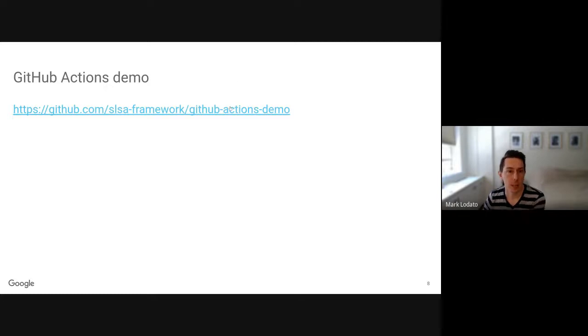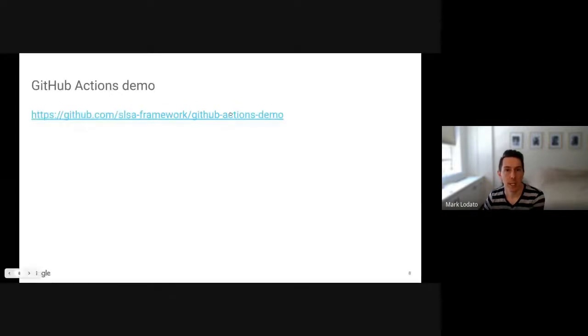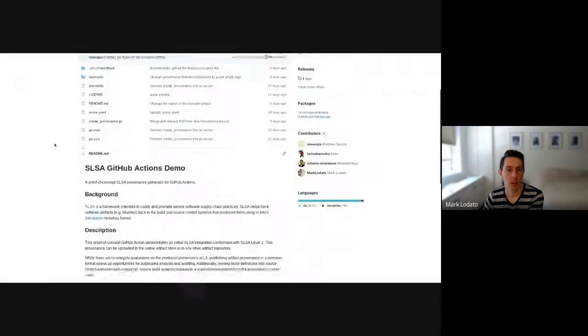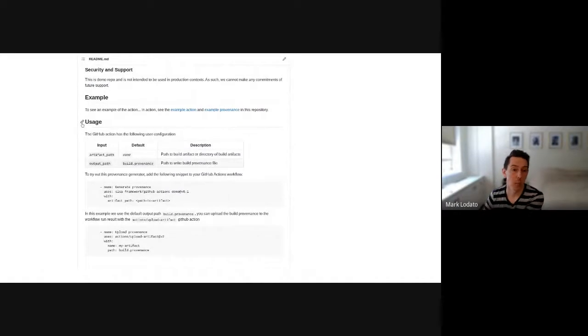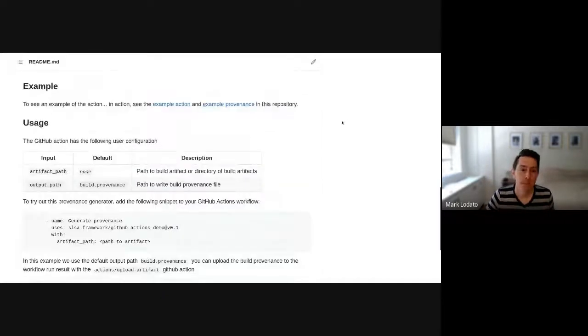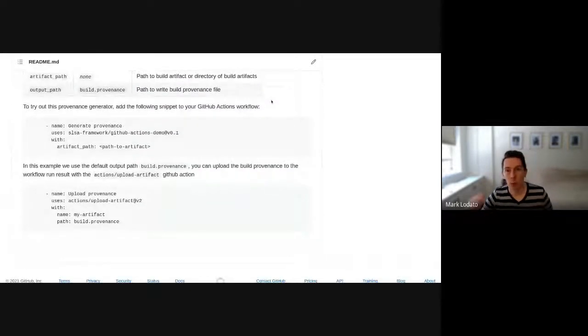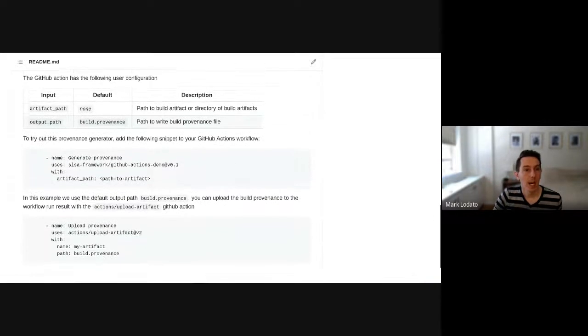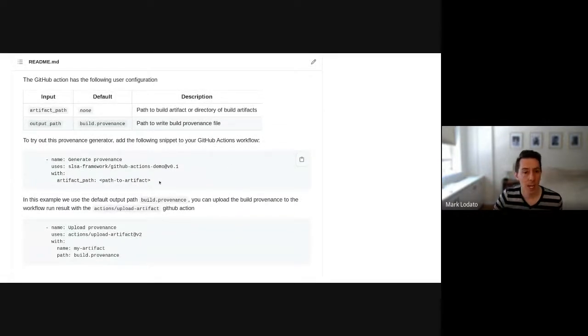And the last thing I'll mention is that we have a GitHub Actions demo to allow anyone who wants to generate SLSA now, or to become SLSA 1 now, to do so. Let me zoom in a little bit so you can actually see my screen. We plan on expanding this more over time and doing more demos, making it easier to reach SLSA 4 regardless of what platform you use. But we just started with this one.